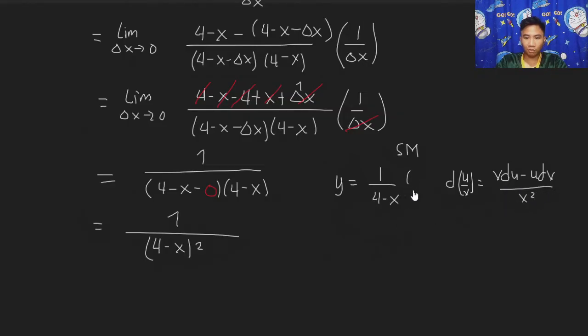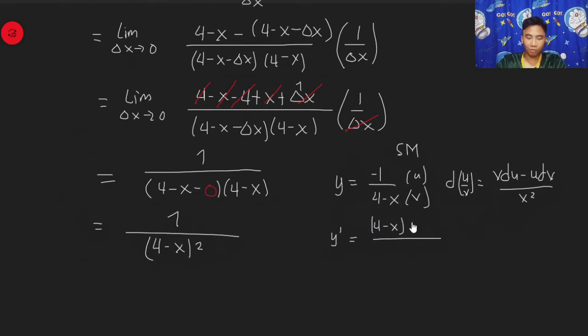So, if we follow that, this is the u, this is v. So, y prime is equal to copy the v, which is 4 minus x,